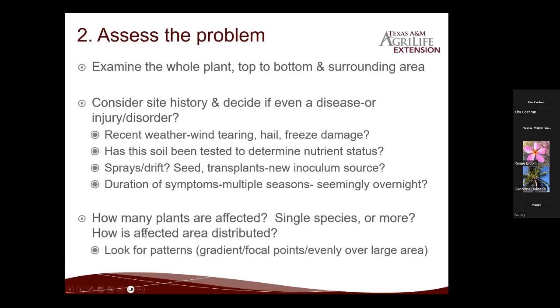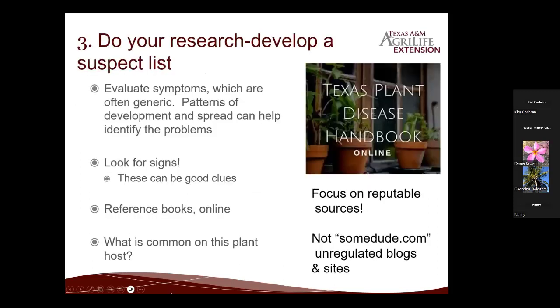Is it a single species? Is it a lot? How's the area distributed? Is it a geometric pattern? Are there sharp angles? Those are kind of good clues about if we're dealing with a man-made issue or a pathogen issue. Now, this is the tricky part where we have to evaluate those symptoms and sift through a lot